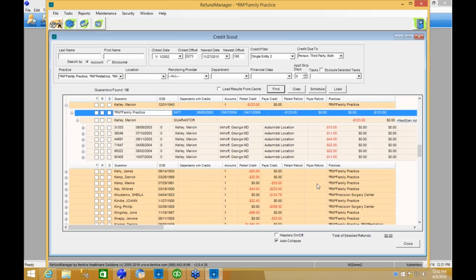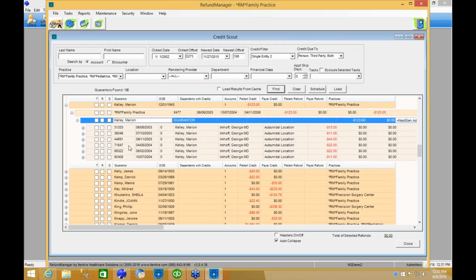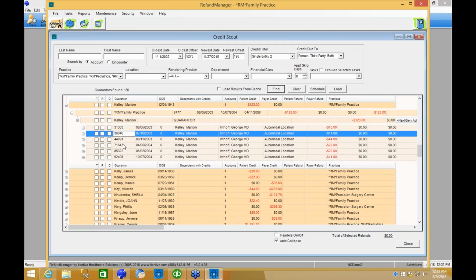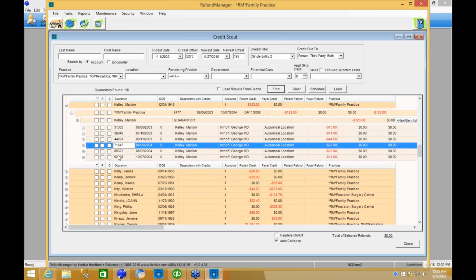So the whole key here is to give you enough information in RefundManager to start recognizing patterns and making decisions on what you're going to do with your credit balances. This one here, it's a patient. The refund's going to the guarantor. There are 6 encounters. So if we want to do refunds for all these, all we have to do is click this middle checkbox here to tell RefundManager when we go ahead and say, yeah, let's process it, do this